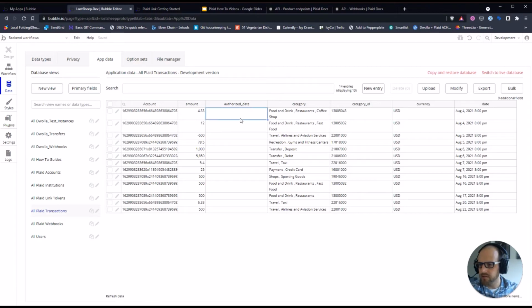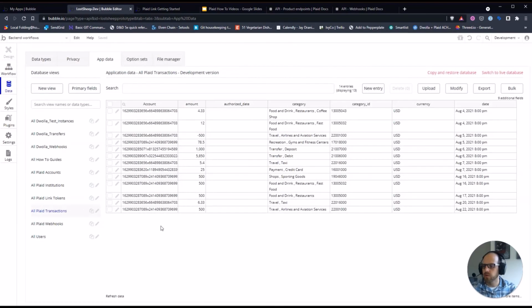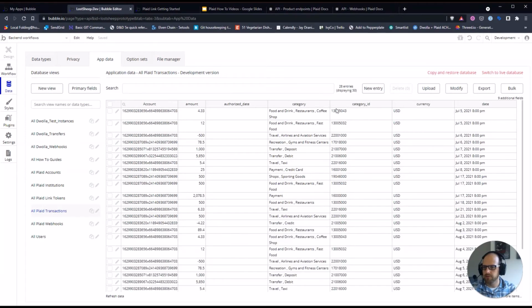Looks like the authorized dates are blank for all of these. That might just be the test data, doesn't have authorized date in it. And I can start to see amounts filled out, categories, category IDs, currencies. If I drill in deeper, it's associating things correctly to the accounts. Let's see, what else is it filling out here? Merchants and transaction names. Payment channel, is it in-store, is it online? So it's going through and creating these, and if I hit refresh, it's still creating them